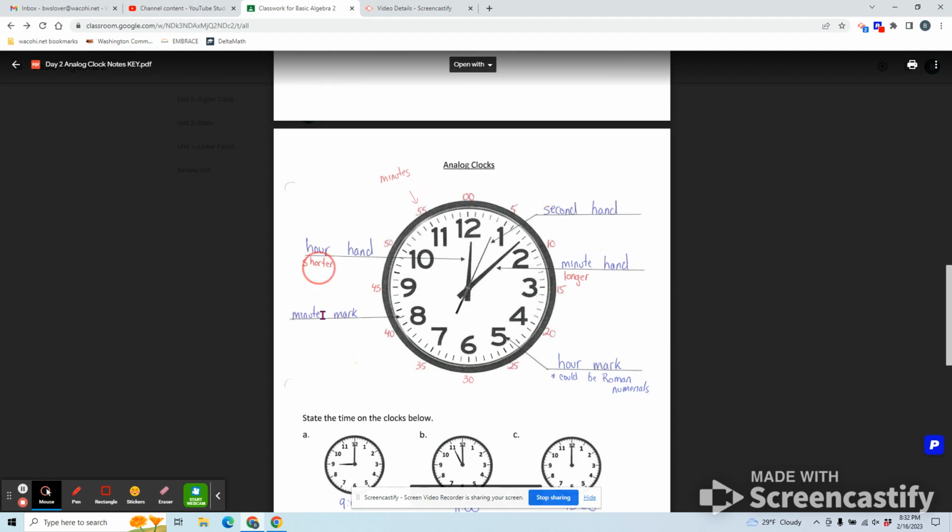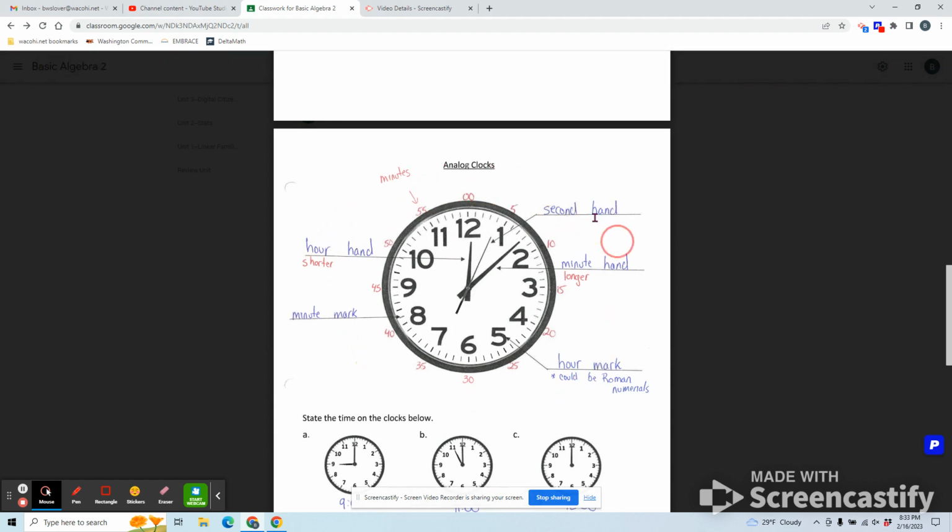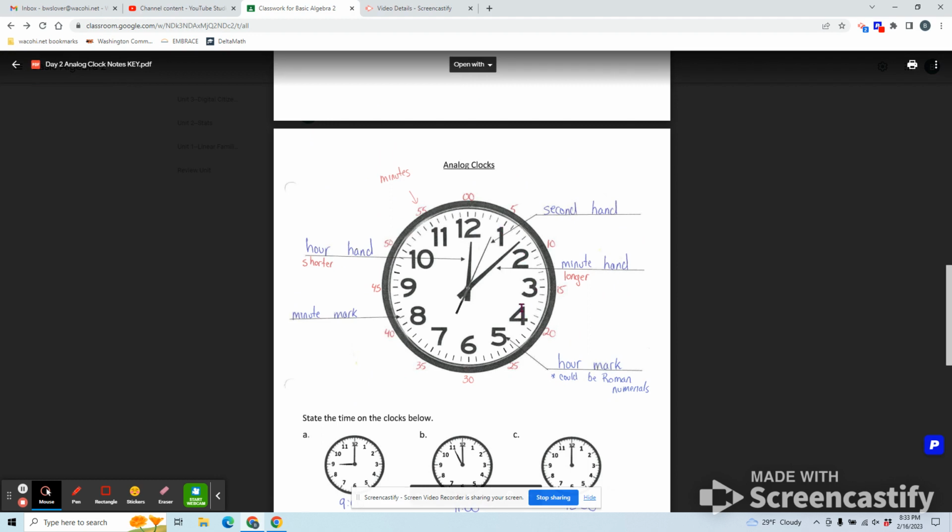So here's the big takeaway from today. How to read an analog clock. Here's all the terminology that you're going to use, all the numbers. Like I said, you may have Roman numerals instead of the 1, 2, 3, 4. You may have the Roman